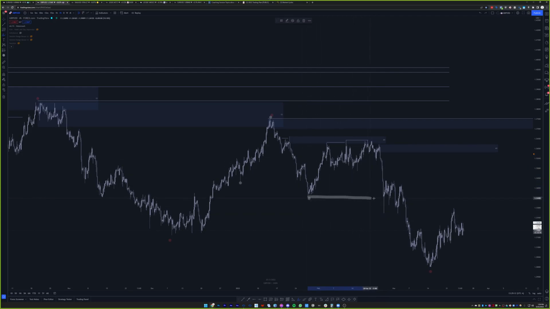And remember, whenever we take out a major swing point like this, we did not close below at this point, right? I'll draw it out for you guys so you can see. We literally wicked it. We expect a pullback, right? Anytime we take out a major swing point. Now again, we didn't close, so it's not a structure break.